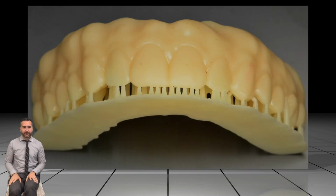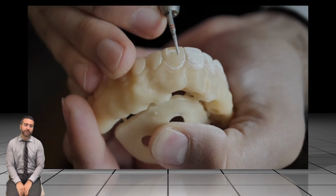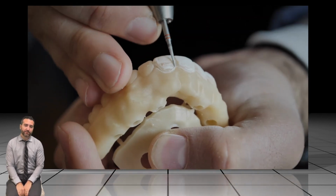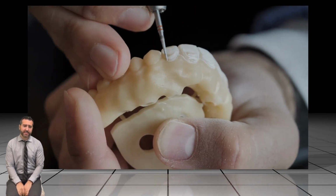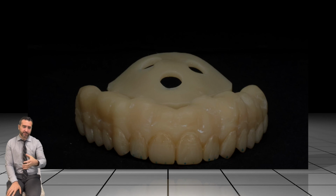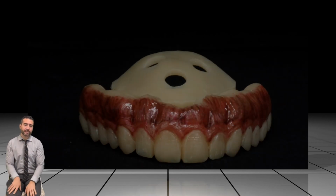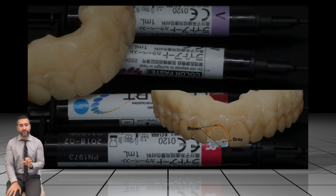So hybrid prosthetics, switching gears now. I love doing these all on X cases, and I love 3D printing the provisionals. Here's a case that I'm doing. That palatal stop is just to pick it up at the proper vertical, and then we'll cut that off. You're able to add resins to characterize these, to turn them into something that's decent looking, and various different materials